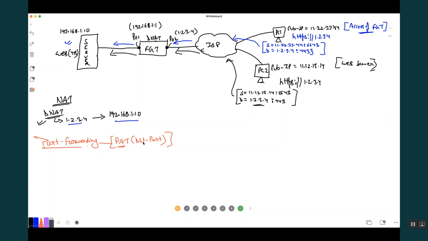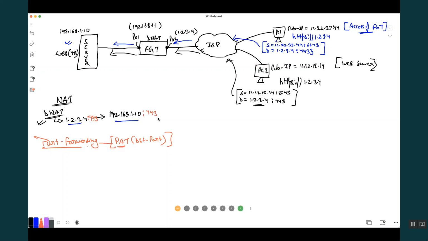So here, instead of defining the IPs only, I will say that if the request is coming for 1.2.3.4 and the destination port is 443, then translate the IP to 192.168.1.10 port 443.